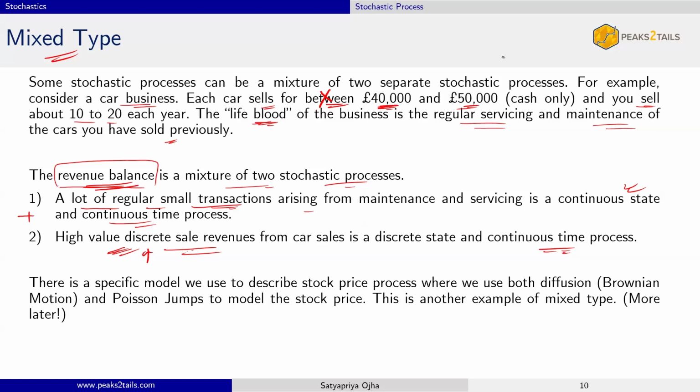A more practical example is this one, which we will get to a little bit later. So sometimes when you model, say, stock price, okay, typically we use diffusion process. Now it will not make sense to you, but maybe after a few lectures this will make sense to you. Diffusion is through Brownian motion, which is like a continuous evolution of the stock price. Okay, remember, Brownian motion is a continuous state, continuous time process, right? So whenever you are using Brownian motion to model something, you are enforcing that the stochastic process behaves continuously and takes continuous values. That is called diffusion.